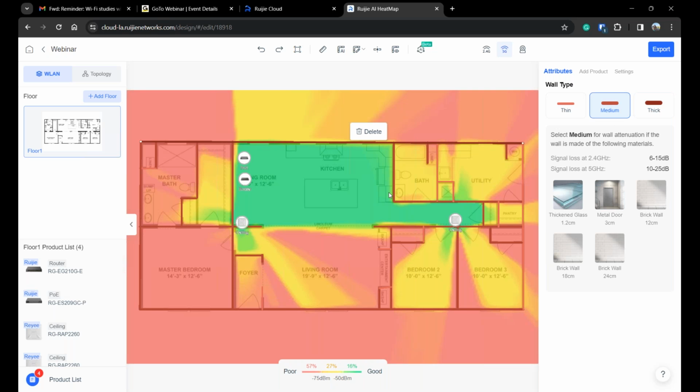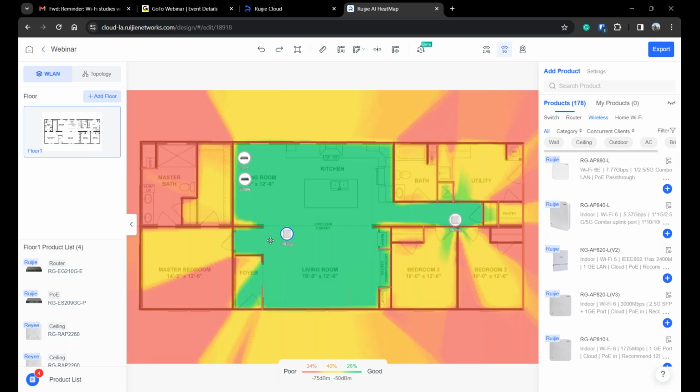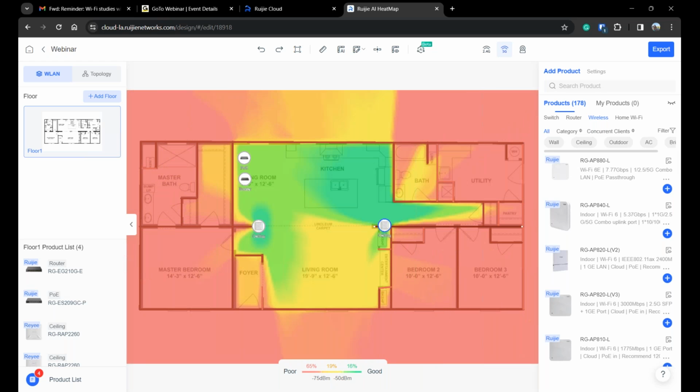So it's very important to choose the correct materials of the house or floor plan that we are studying. We can also draw a new wall, if the system shows one wall or two, for example. And as I said before, we can do the study by ourselves, moving this, or